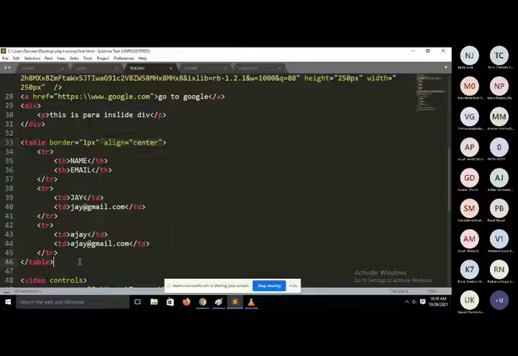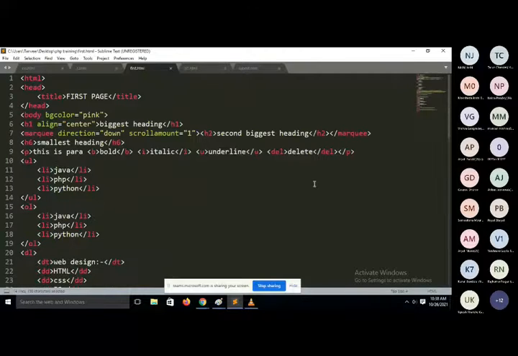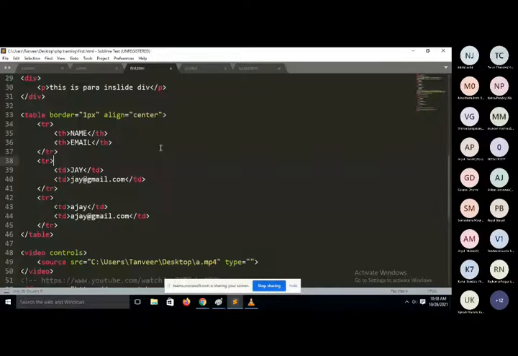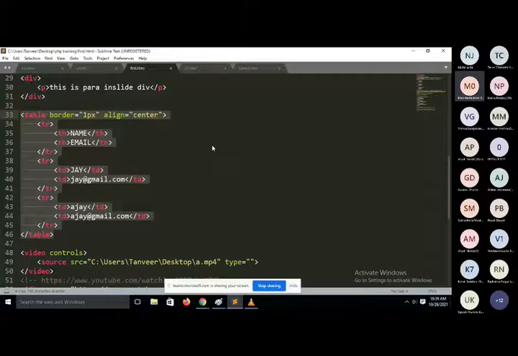Depends on container. We will use two types of container. First one is body. If you will apply table directly inside the body, then definitely align property will work. But if you are using some other container and that container contains some specific CSS code, on that case it may be possible align property will not work. So on that case you will use center tag. Clear? Yes, sir.